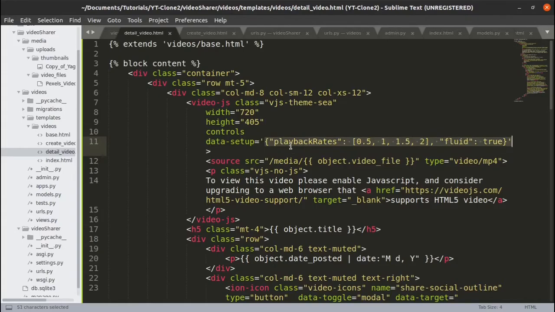So I'm adding here is a playback rates, and this list that has the different playback rates. This just allows you to change the speed of the video, just a feature I want to add to it, and fluid true just to make it more responsive on mobile devices. But down here we add a source tag right here, and we need to pull out the source of the